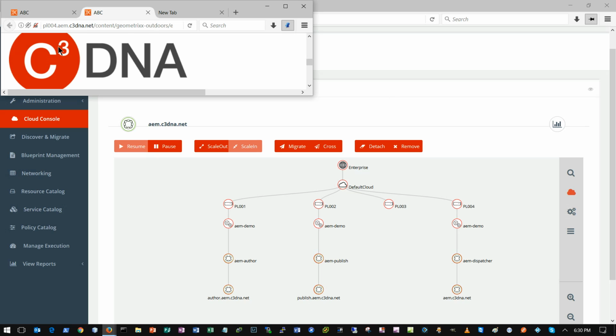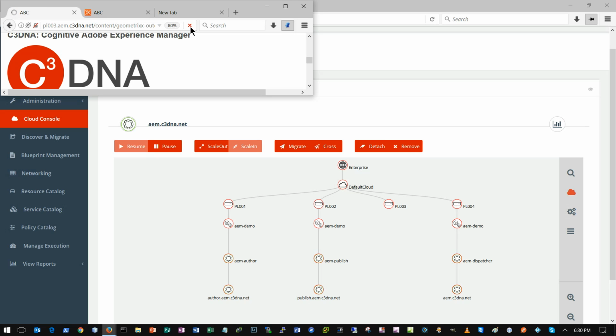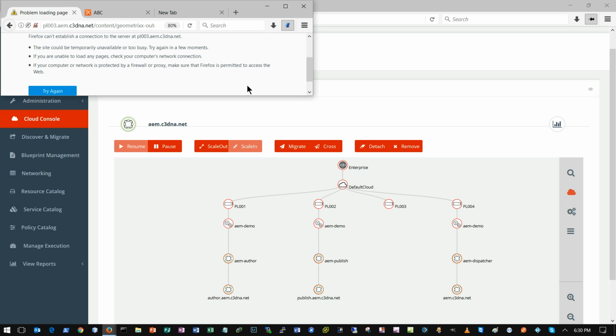Now let's look at PL003. If I refresh here, it won't be able to connect, because I have moved it from PL003 to PL004. So that's an example of live migration. But this is something I did to demonstrate how easy it is to move workloads from one cloud to another. We have really built a policy engine which allows us to do all these things automatically,